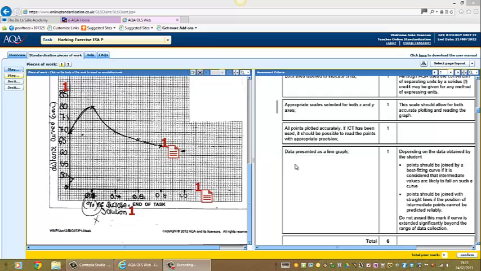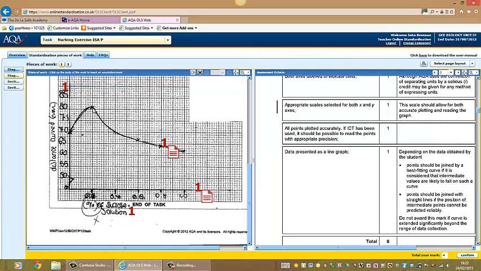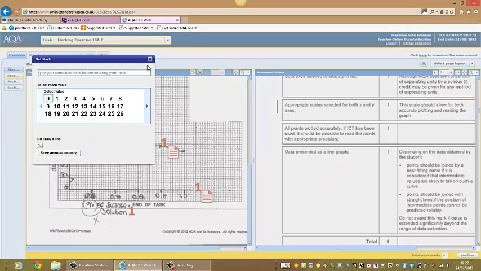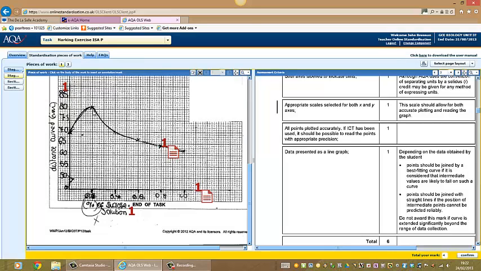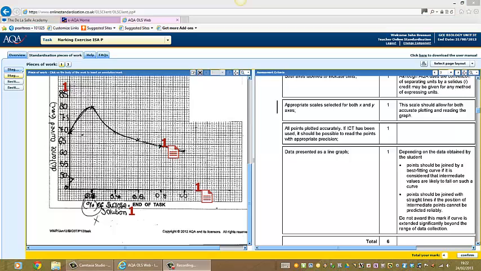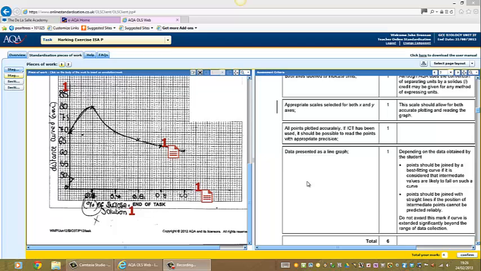Now to the data being presented as a line graph, and it says depending on the data obtained by the student, points should be joined by the best fitting curve if it's considered that intermediate values are likely to fall on such a curve. We look at this part of the curve, the part of the data, it does look like a curve. So I'm quite happy to give that a mark,